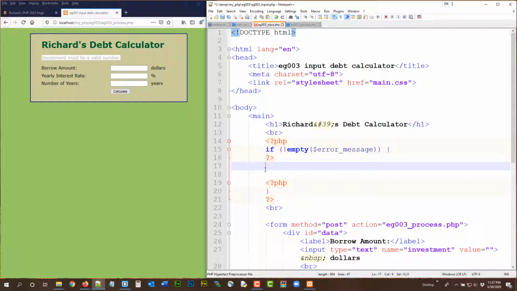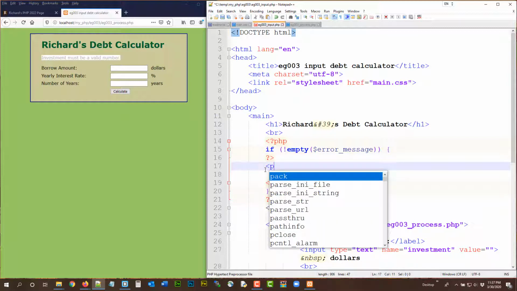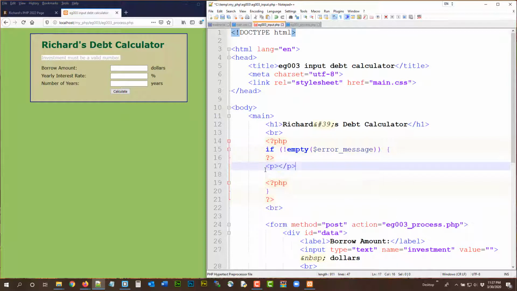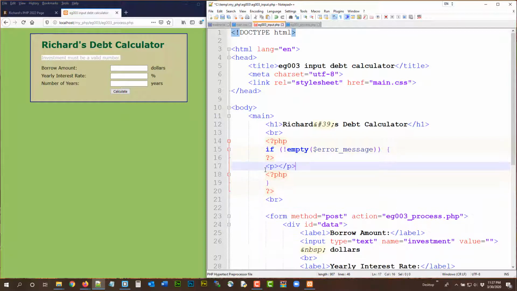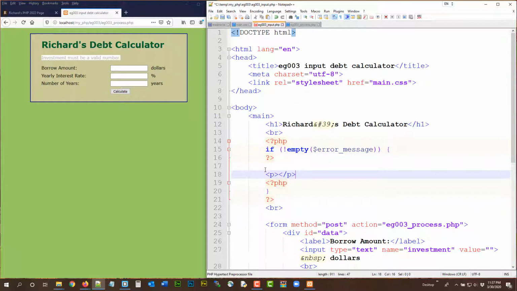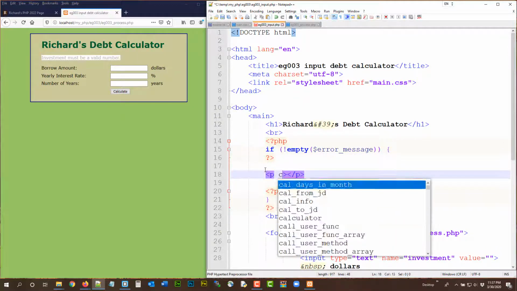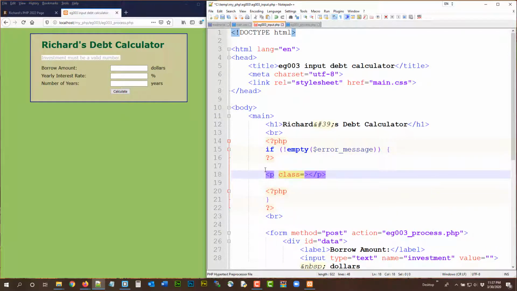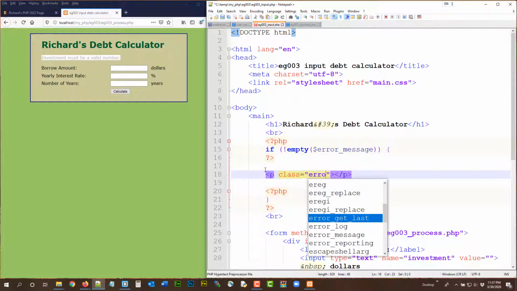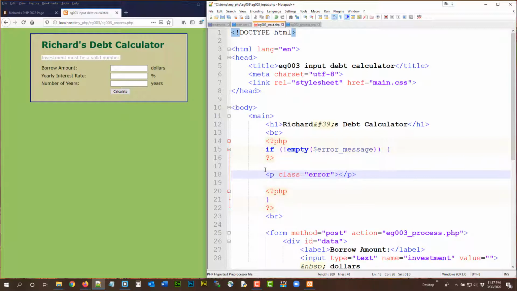So you can put your HTML tag, and this is HTML, so you say that I'm going to put a class called error. So we make it red,